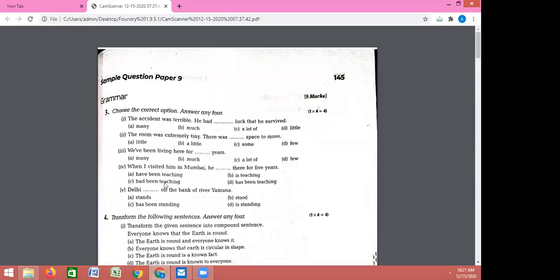Past perfect tense is highlighted, not past perfect. If we look at the genuine pick, it is highlighted with past perfect continuous because 4 5 years is also mentioned. So you will have to highlight. So when I visited him in Mumbai,